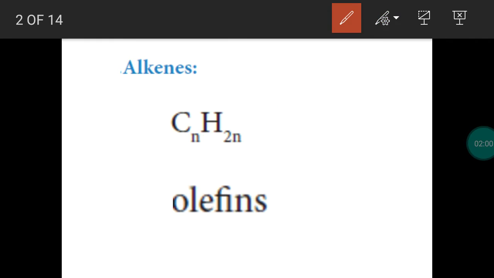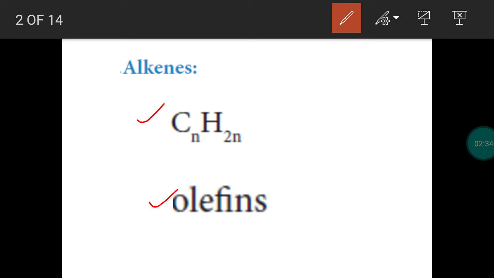So like alkane, for alkene also we have a general formula CnH2n. n represents the number of carbon atoms. By substituting the numbers 2, 3, 4 and so on, we will get the members of the homologous series. And what is the primary condition for an alkene? At least one double bond should be there between the carbon atoms, so that it is an unsaturated hydrocarbon.